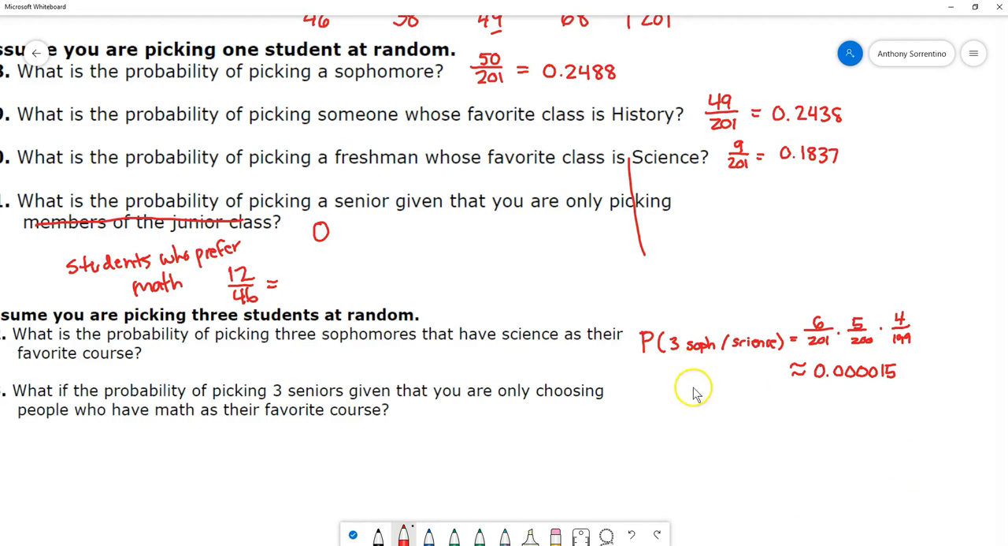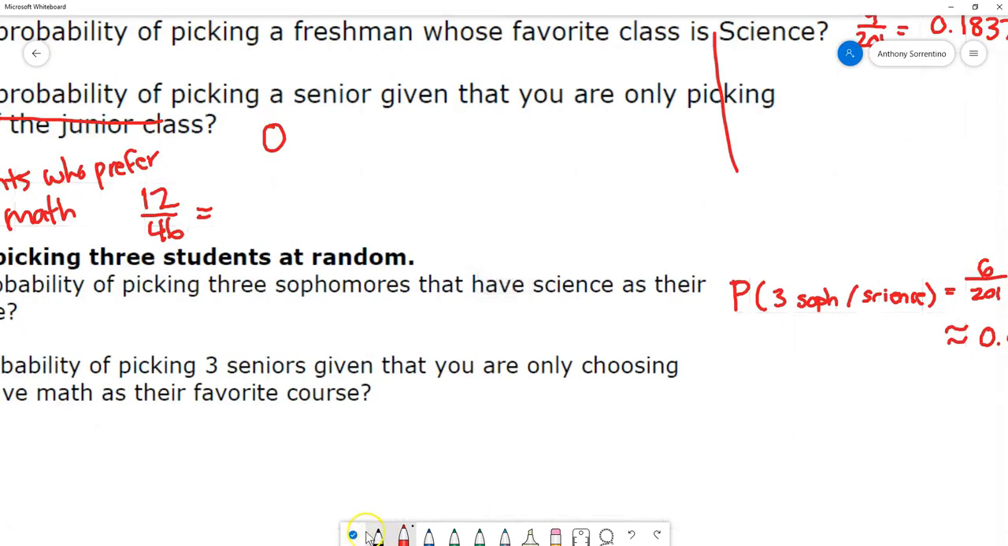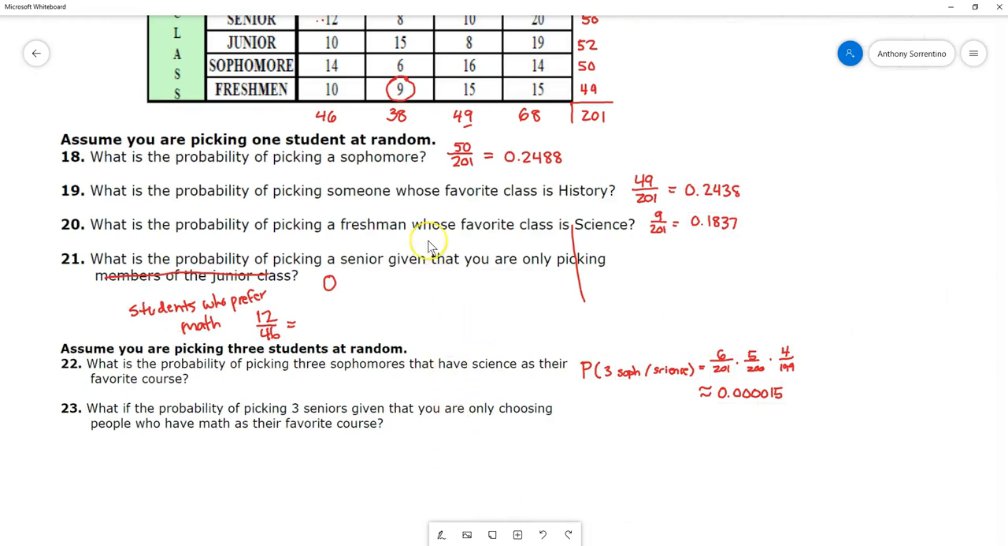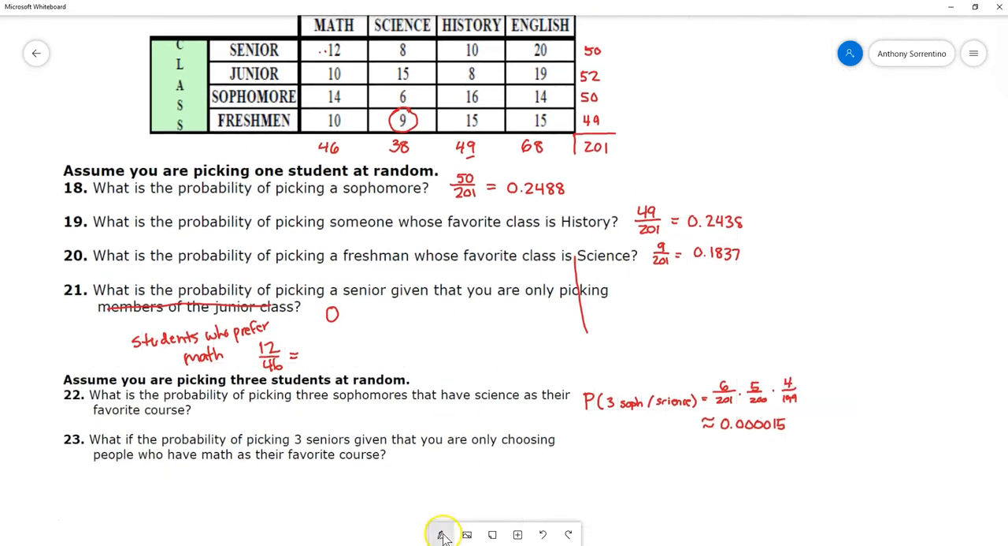What's the probability of picking 3 seniors given that you're only choosing people that have math as their favorite course? So now we're picking 3 students, but only from those who have math as their favorite course. So if I come back up here again, maybe zoom out a little bit. There we go. I'm only picking from these 46 students here that have math as their favorite course, 12 of which are seniors. So the probability of picking 3 seniors given that we're only looking at students who prefer math,